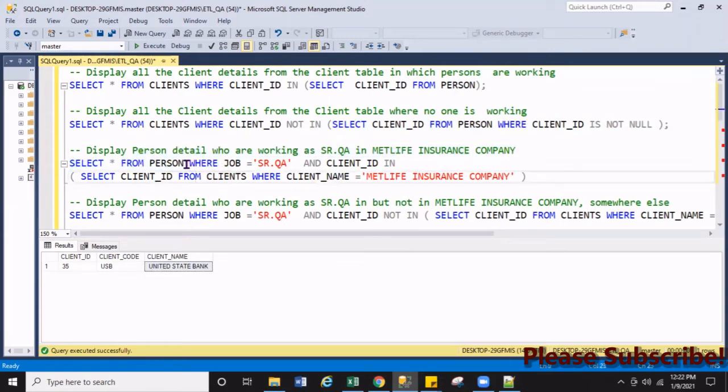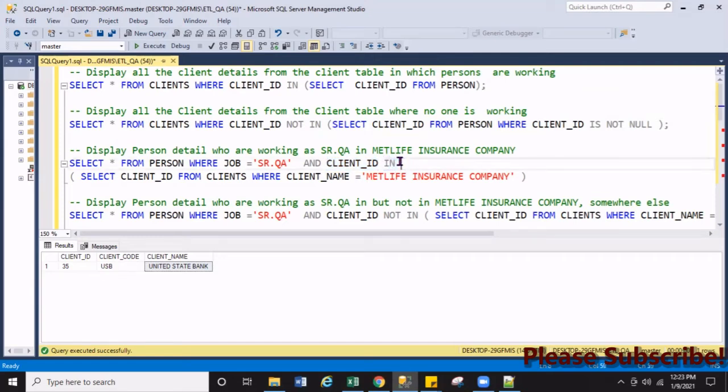So our outer query is select star from person table where job is equal to senior QA, because we are saying working as a senior QA, and client ID in MetLife, because there may be so many people working in MetLife, right? That's why we have used the IN function.